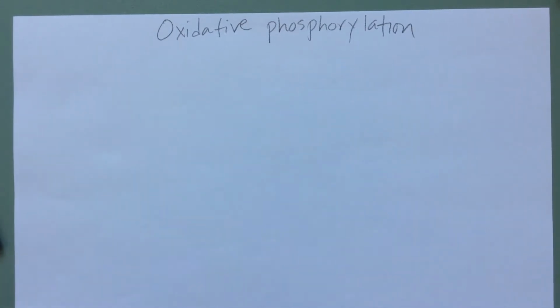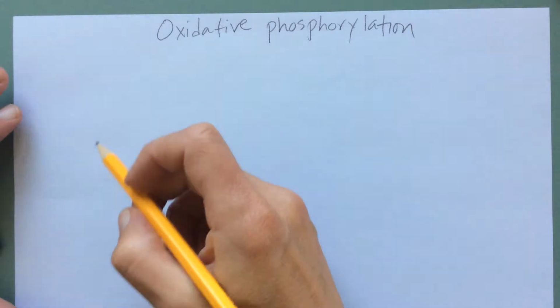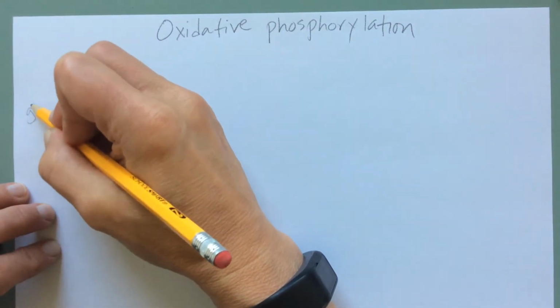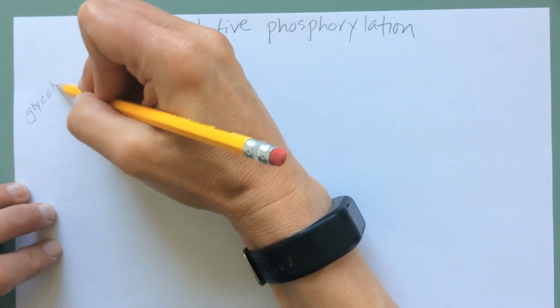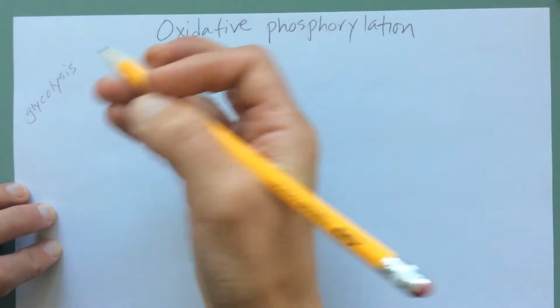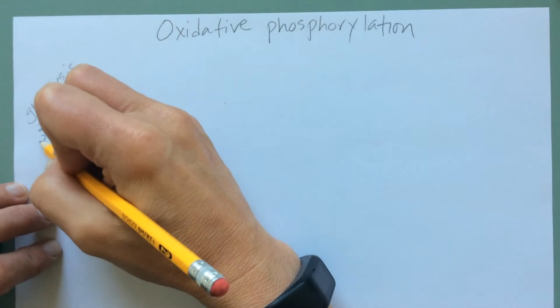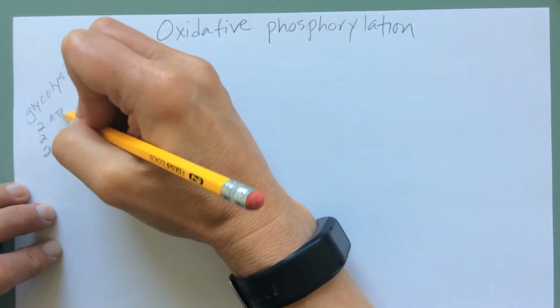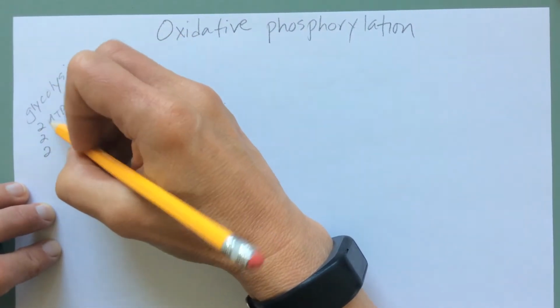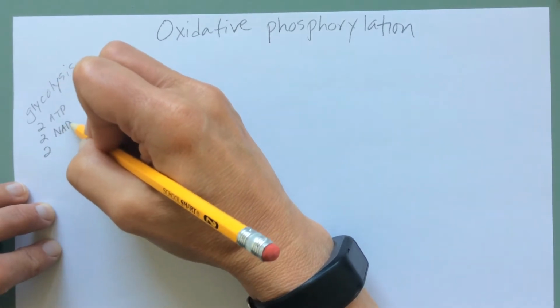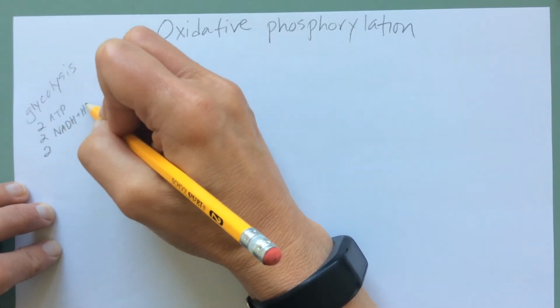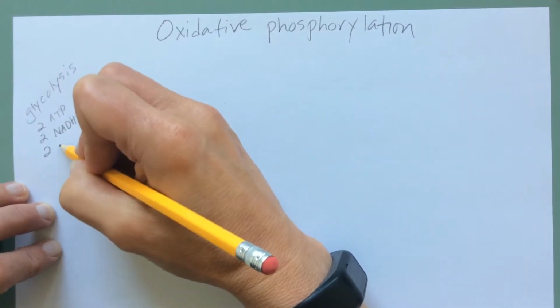Okay, so we're going to cover the last step in cell respiration for aerobic cell respiration, and that's oxidative phosphorylation. So you remember we had glycolysis happen in the cytoplasm, right? And what we got out of glycolysis was 2, 2, and 2, right? 2 ATP, we got 2 electron carriers, NADH plus H plus, and we got 2 pyruvates,